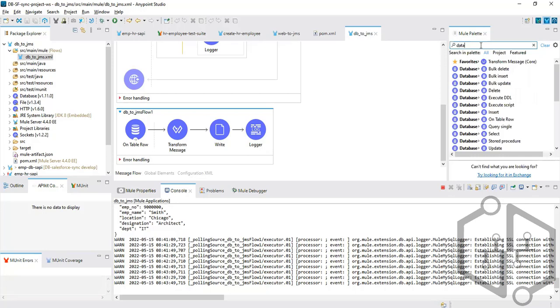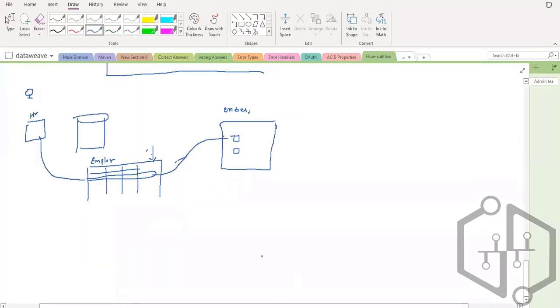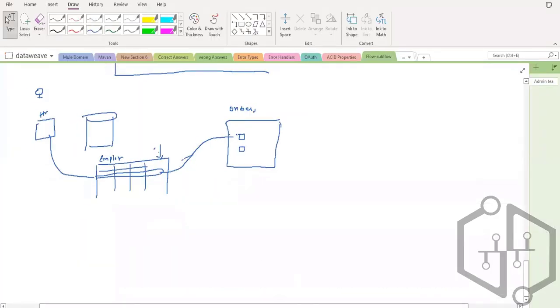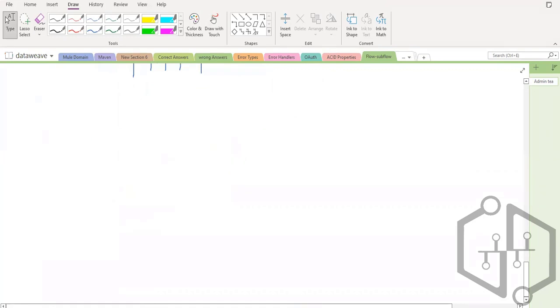One more thing you need to understand about databases is the bulk statements. We need to practice one of the bulk components, bulk insert. This is one important component. See, what happens is sometimes the integration will get different